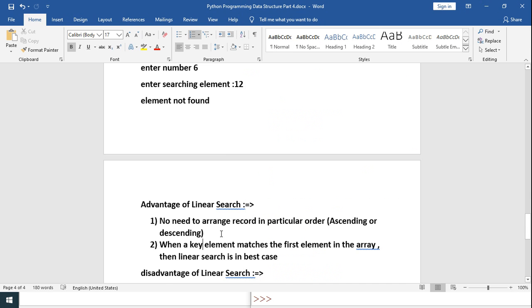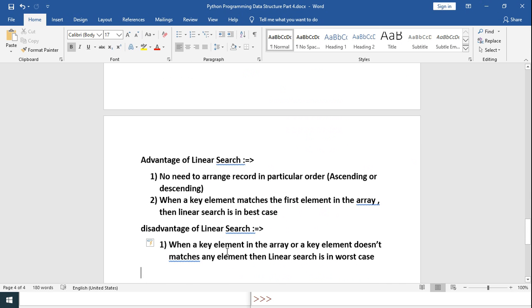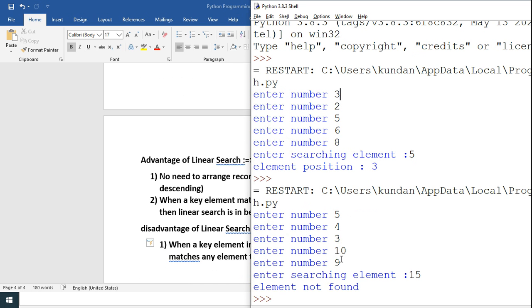And we have a disadvantage: when the key element is the last element in the array or does not match any element, then linear search is in the worst case. Like if I want to search element 9, it is the last element of our list, so it is called the worst case because the loop will check till the last position.